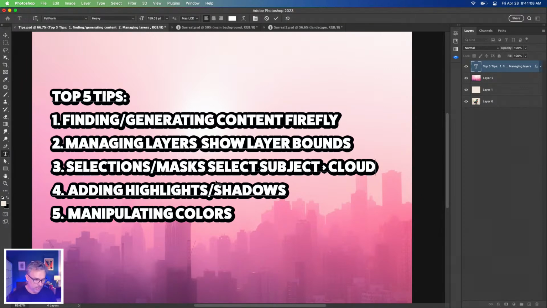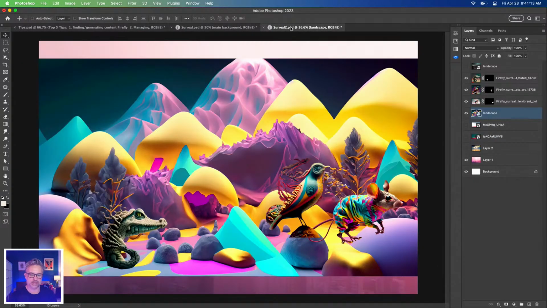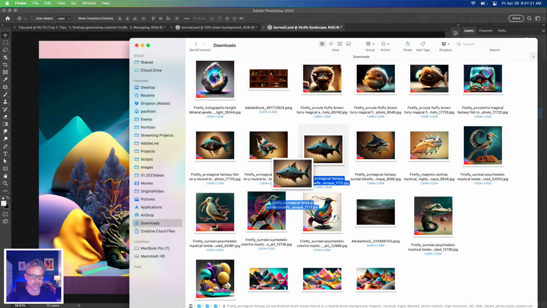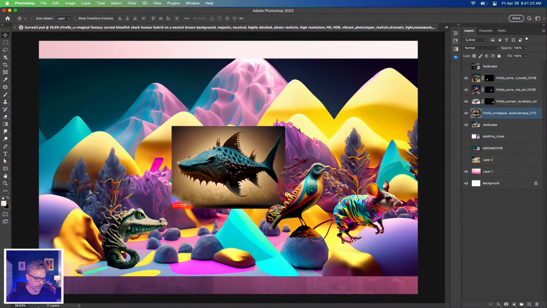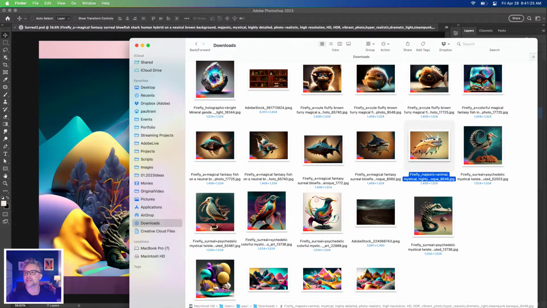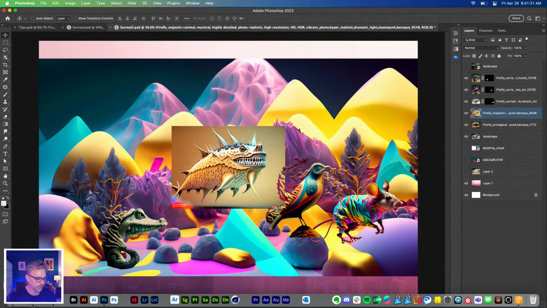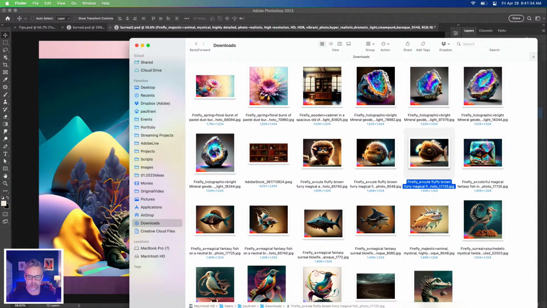Yeah. We'll talk about adding highlights and shadows and stuff like that as we get back to this piece. So we have a couple animals. I'm going to drop some more in here because they're not going to be the same tone, so we want to paint stuff in. So here's this weird character. Let's do the thing. Did I put that one in already? Got that guy. So these are going to be our underwater characters,